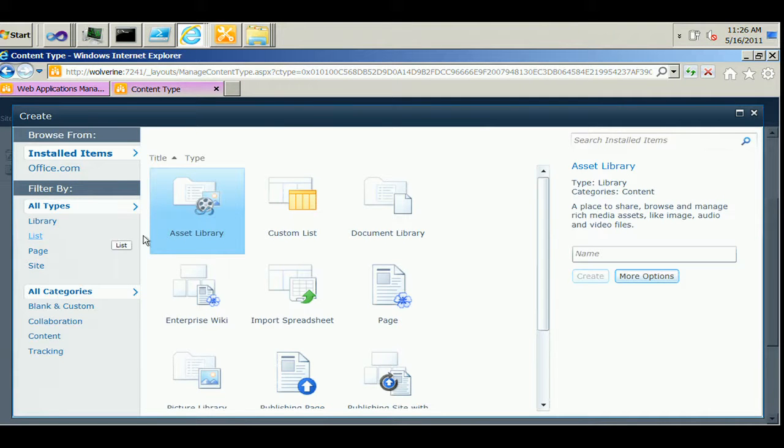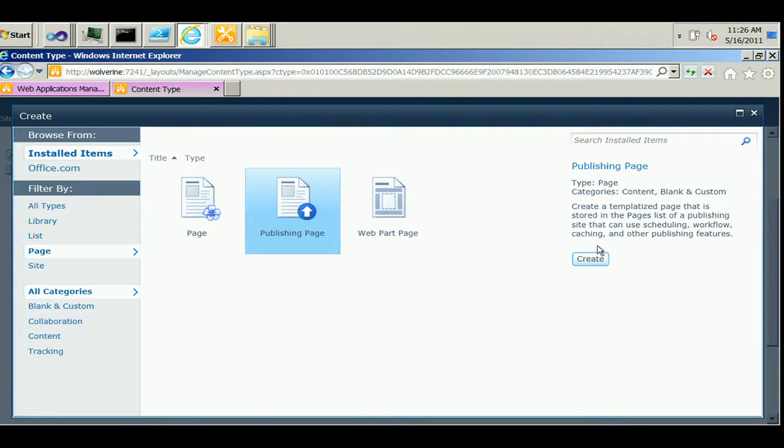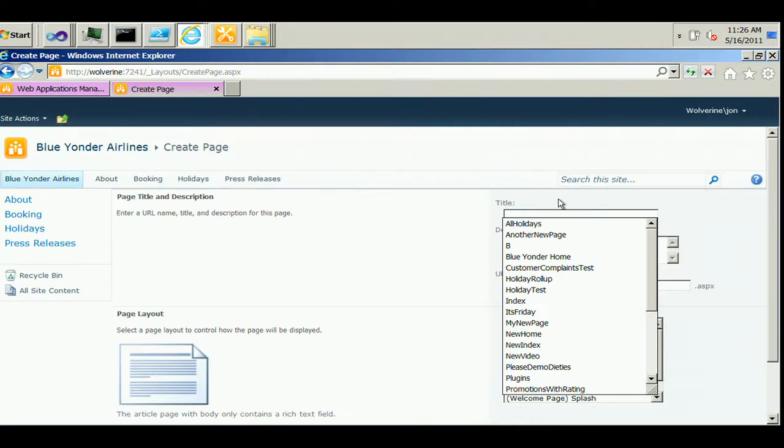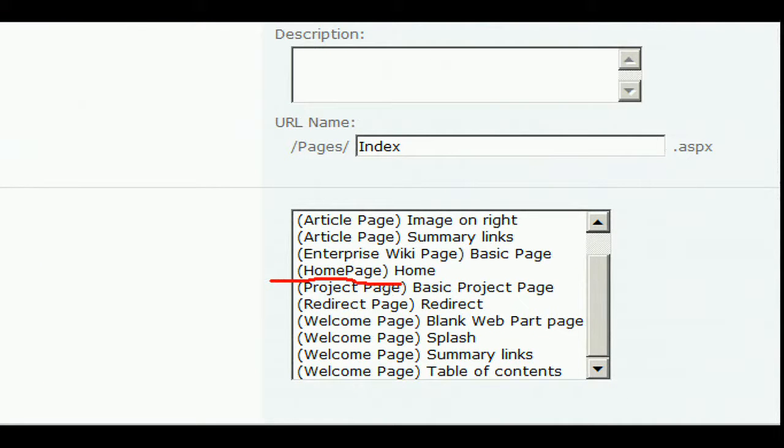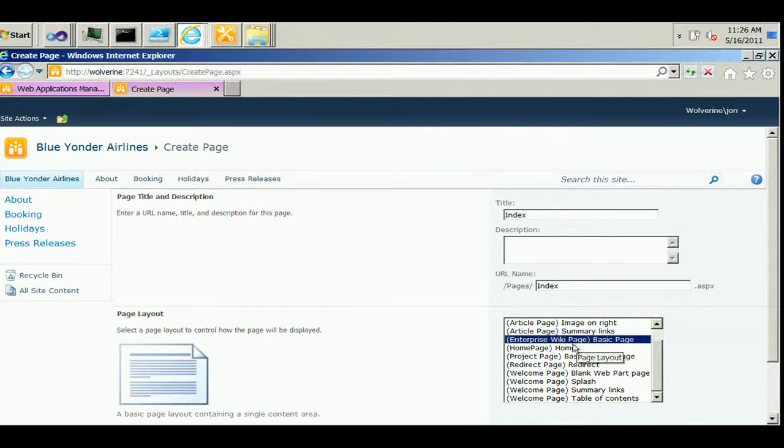So that was my hat as the developer that was building the content types and the layouts. Now the hat I have on is Web Content Creator. I'm going to go in and create a new page. I'm going to pick Publishing Page and Create. I'm going to call this Index. Over here, I'm going to pick from the list of page layouts. This is the page layout that I just added that's associated with my home page content type. So now I can say new one of these